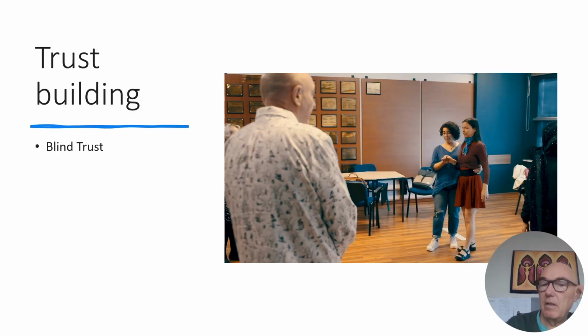This is a trust building activity where one person is the guide and the other person closes their eyes and is essentially blind. And this is useful because we rely on our sight to perceive the world. And as soon as you close your eyes and do some of these blind exercises, then you become much more aware of the other senses. How the other senses enhance our capacity for perceiving the world in different ways.